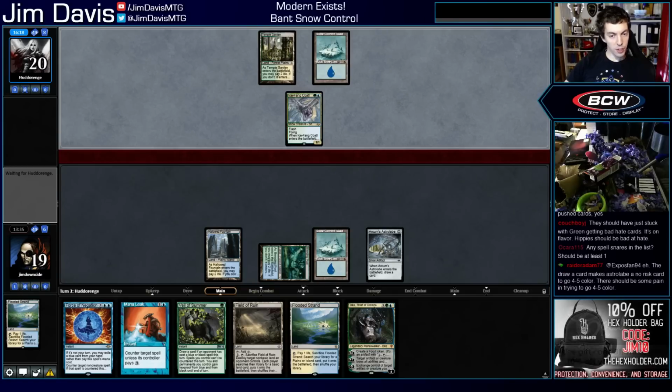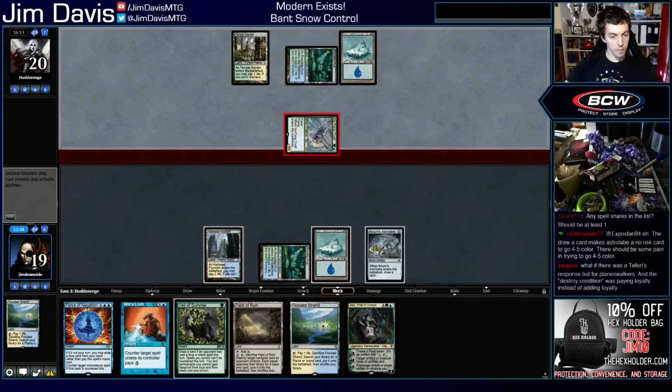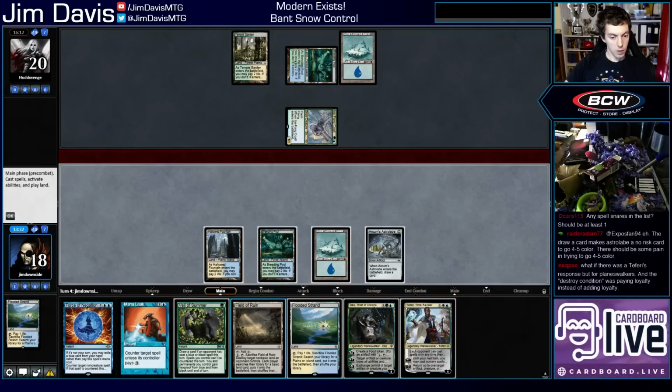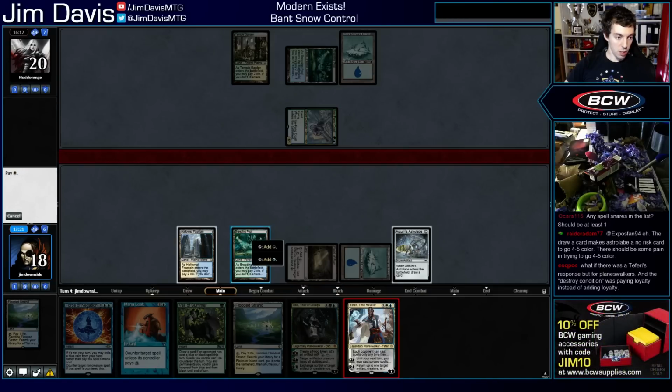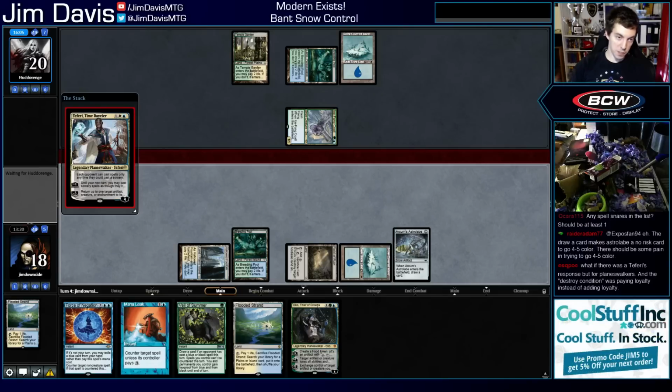Any Spell Snares in the list? No, that card's very good. I do like Spell Snare a lot. That's also good. Maybe we just Teferi first, actually. This seems pretty easy to resolve here. Unless they have Spell Pierce. You can't Veil a Veil, so...